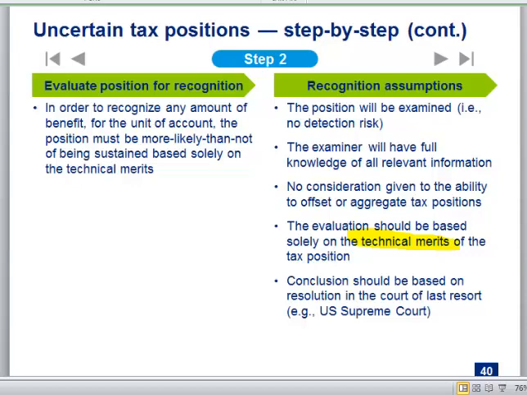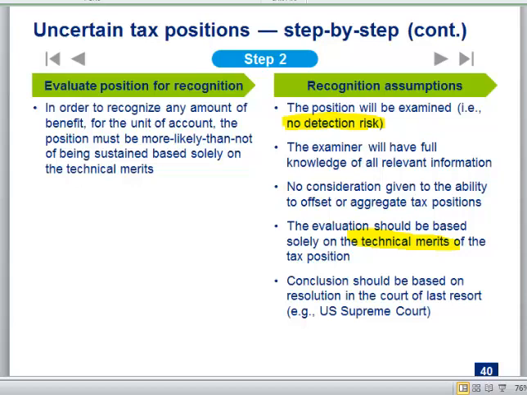And one of the things that was vague about the pre-FIN 48 rules that they have made very clear is that you're supposed to not assume that there's detection risk. So before FIN 48, people would be like, well, how do you even know I'm going to be audited? So maybe I don't need to reserve for it because I'm not going to get audited, so why would I want a liability set up for that, right? And that's not helpful to the reader of the financials to know that you're just guessing as to whether you're going to get audited, right? I mean, that's pretty loose accounting.